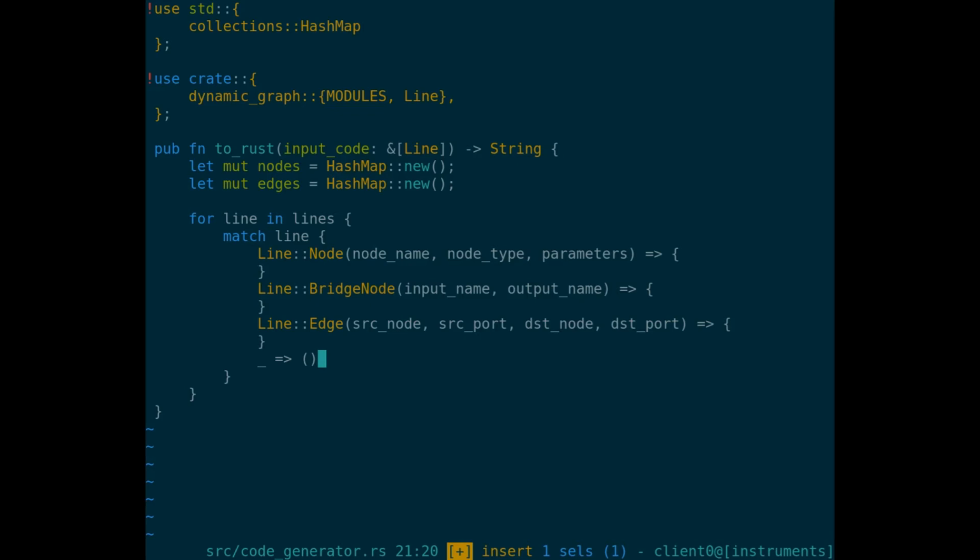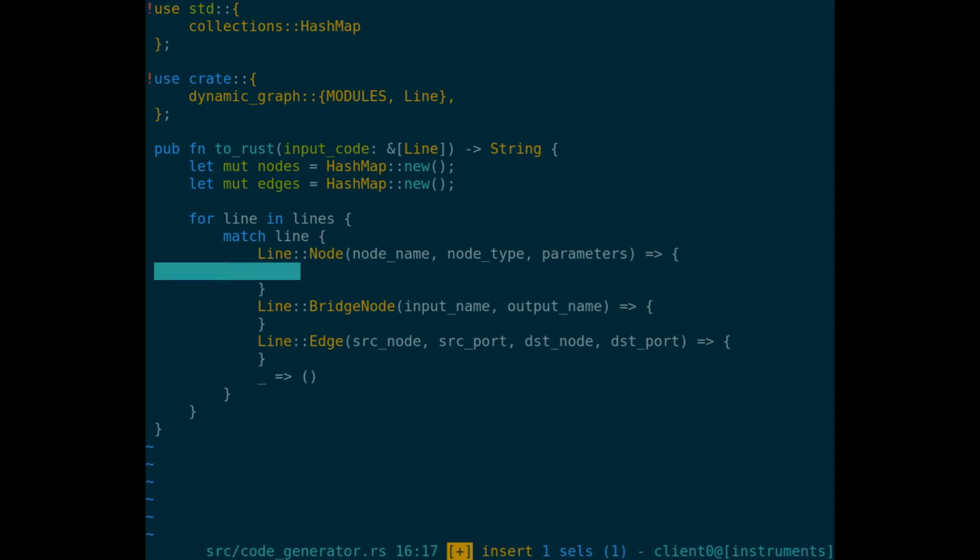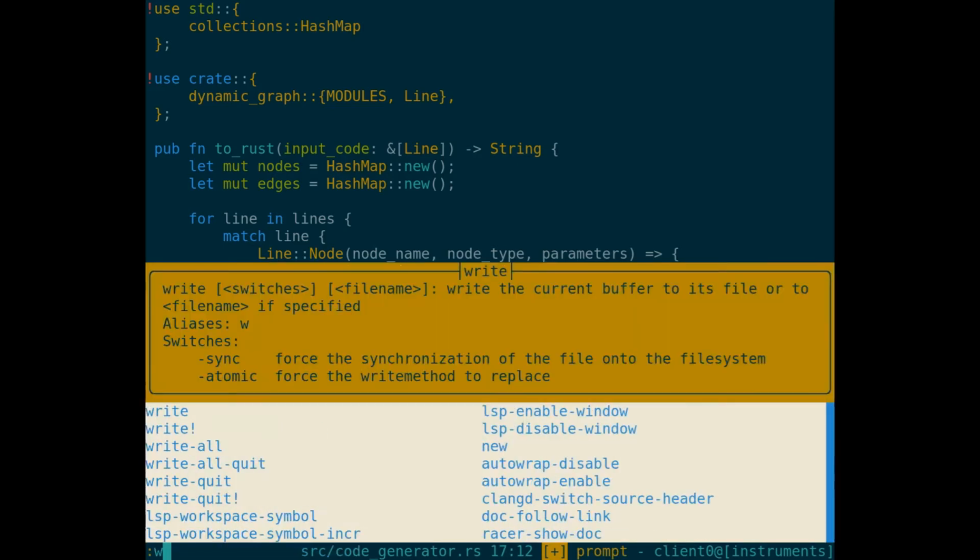So, okay, cool. So now these guys are going to go into the nodes. Nodes insert, and my key is the name of the node, and my value is just the other stuff. So the string type and the optional parameters. And then